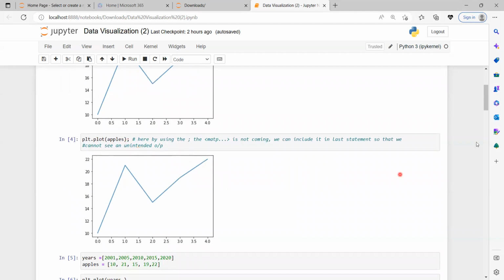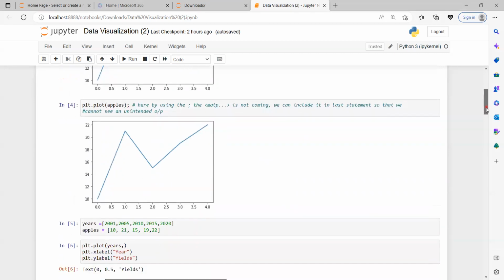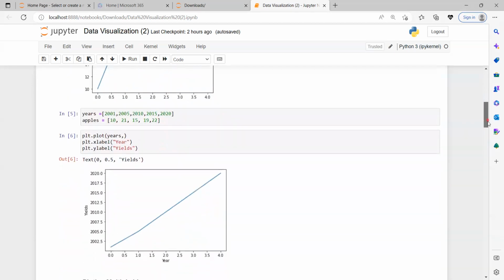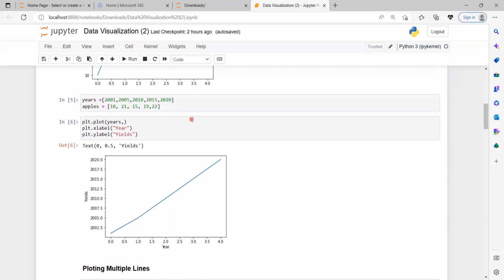So let's take one more example to plot a single line graph. Here we have given two variables, years and apples. In the years, we have given 5 values, and in apples also we have assigned 5 values. For plotting it, we will use plt.plot. We plot the years. For example, if we are using only the single line graph, that's why we have used only the years